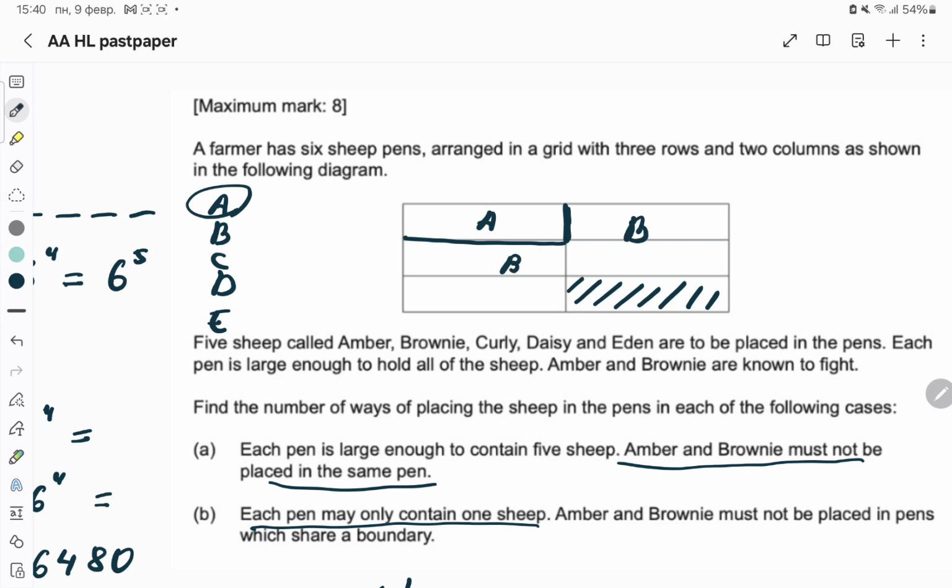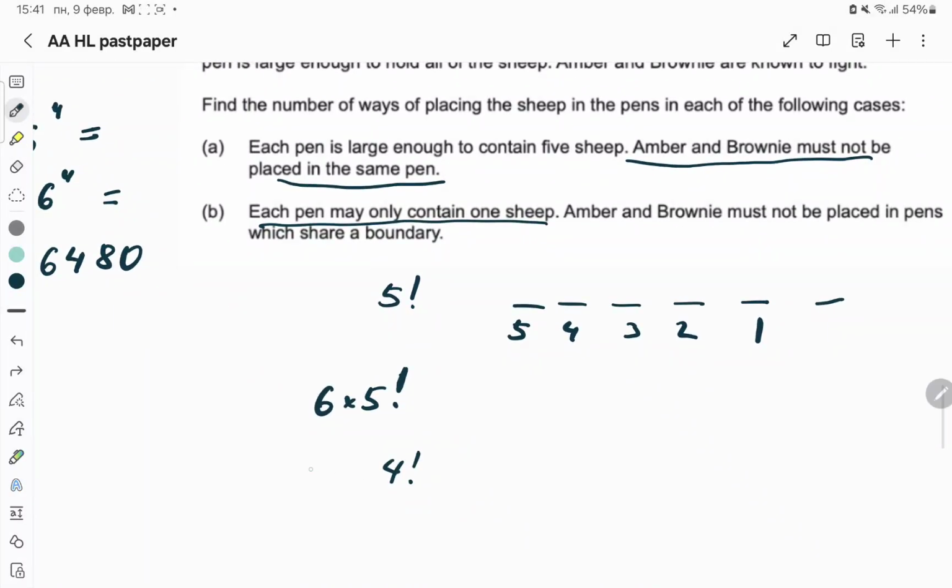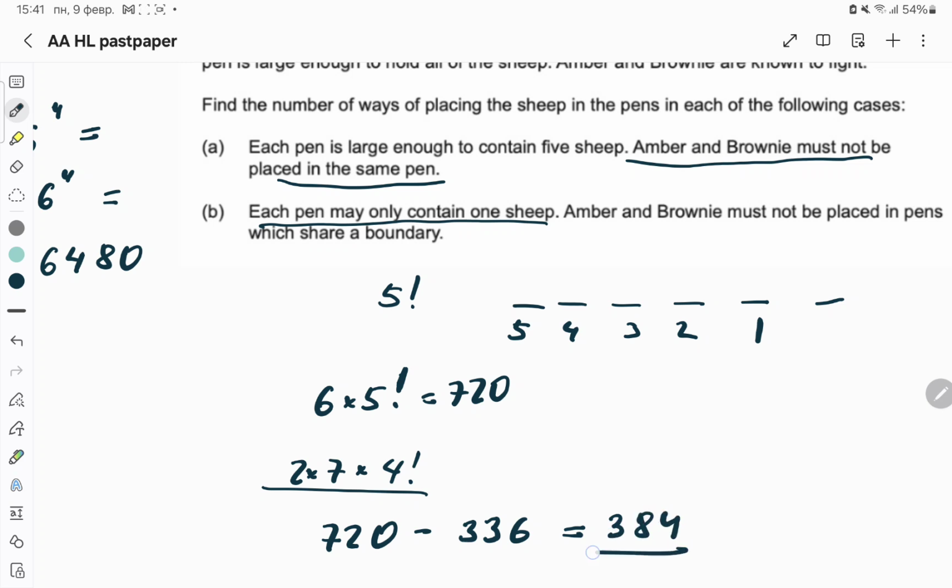Okay, so what we can do, we can say that the number of ways sharing the boundary is 2 times 7 times 4 factorial, right? And now we just subtract: 720 minus this amount is equal to 720 minus 336, which gives the value 384. Okay,